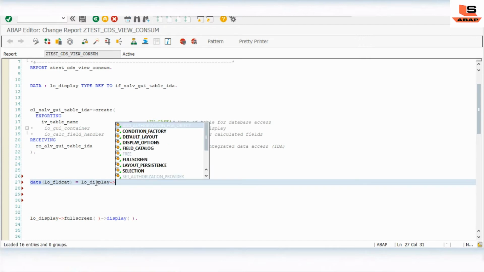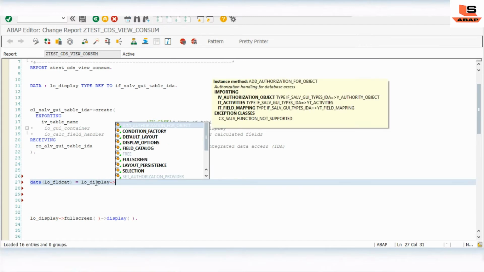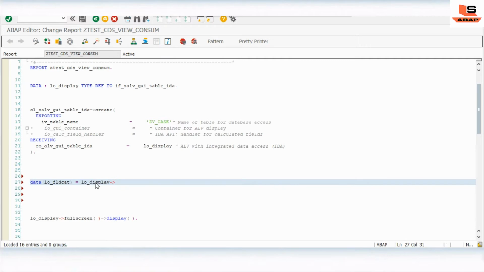Press Ctrl+Space, and you can find the field catalog here. Just click on field catalog. Now I have read the field catalog here.